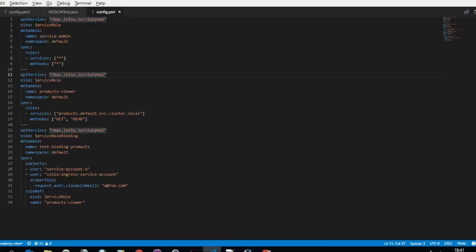These claims actually come from a JWT passed by the user onto this service. And so what this means is that we can say, through this service, this user is allowed to perform the tasks defined in this role. What that gives us is much greater control over who can do what, when, and why. And because it's YAML, we can parse it, we can build tools, and we can reason about it.